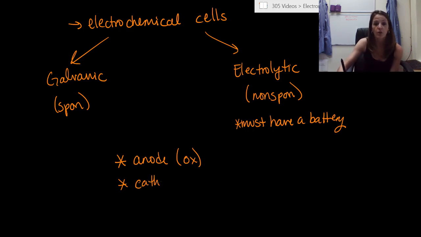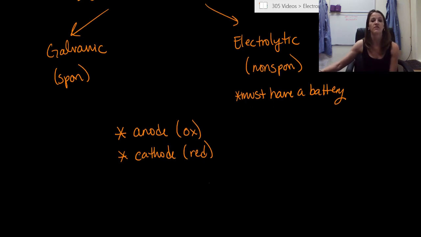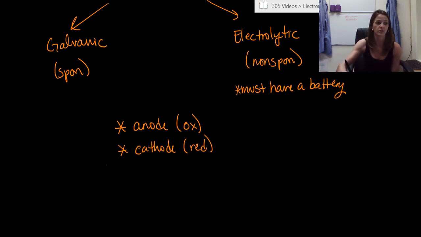Your cathode will always be the site at which reduction occurs. Always, always, always. So remember, vowels go together, or red cat, but there's just a way to remember that. Now, the second thing, or the third thing I guess I should say, is we talked about what a salt